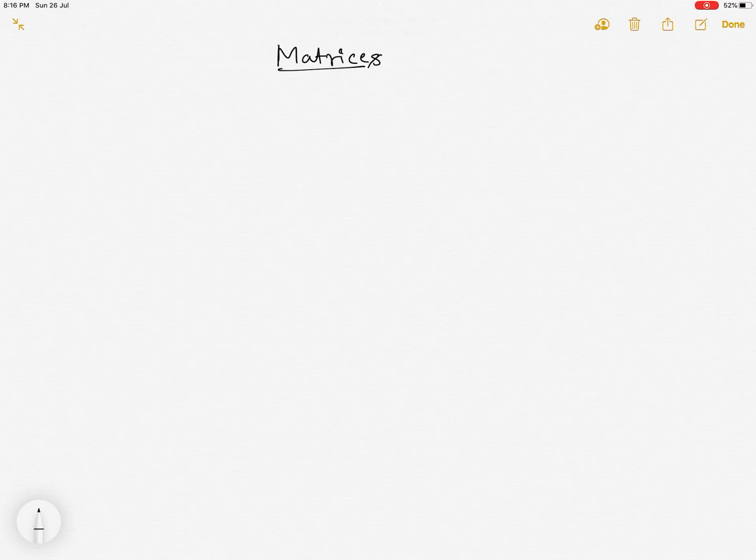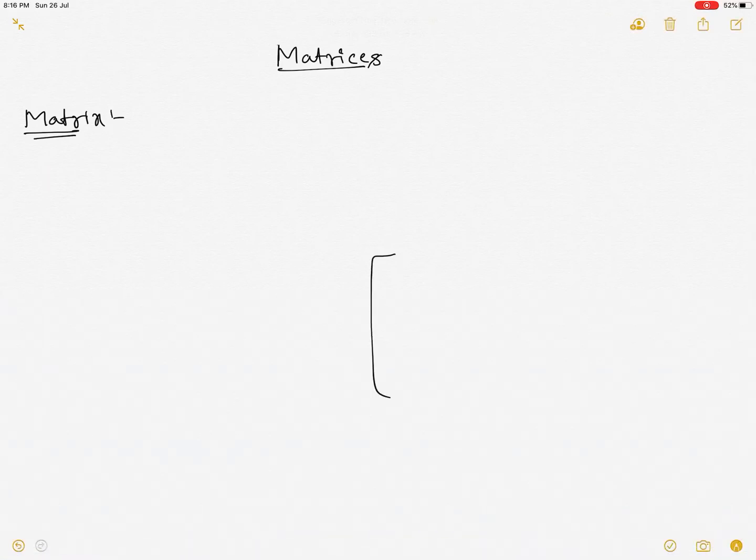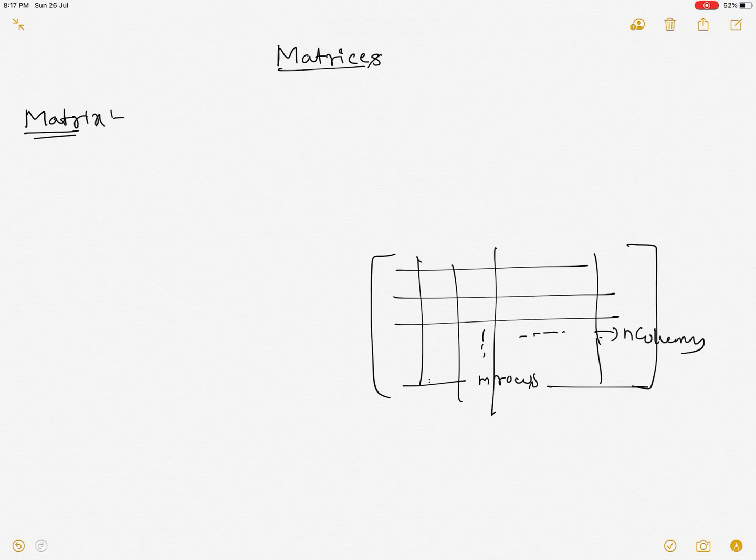Today we are going to discuss matrices. What is a matrix? It is a rectangular arrangement of m rows and n columns. So a matrix is a rectangular arrangement of